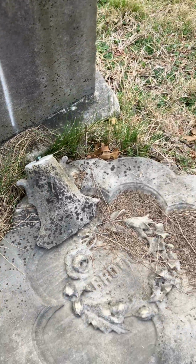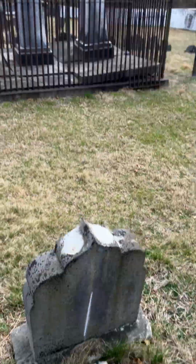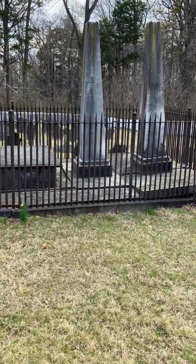but did very little damage to the one it fell against. Here's another example of,